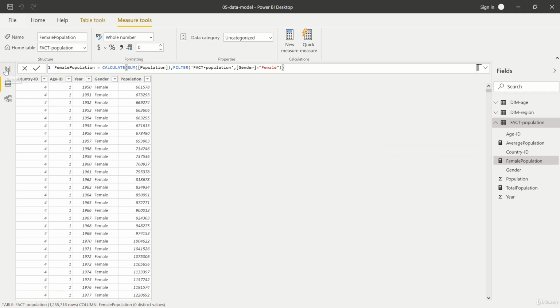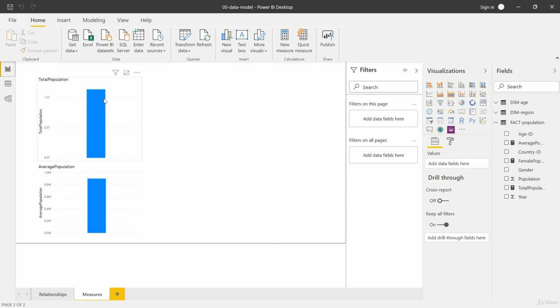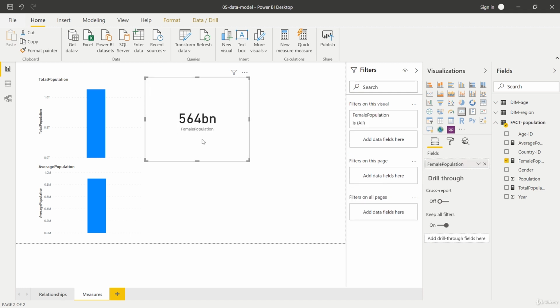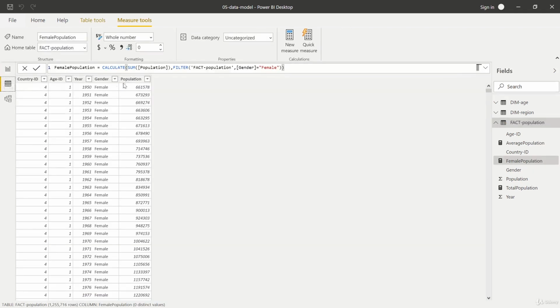For this, we go back to our report view. And now I would like to create another visual type. We'll dive into visuals in the next module, as you know. But here, I would like to take this card visual right here, this one, and it only has one field. Therefore, we can use our female population measure and drag it into here, and it then returns one single value, perfectly made for a measure. The problem is that this value is the cumulative value for the female population for all our years. Therefore, we should add the second filter, the year filter, to have slightly better information here. So for that, we go back to the data view. And now you have two options how to add the filter here.